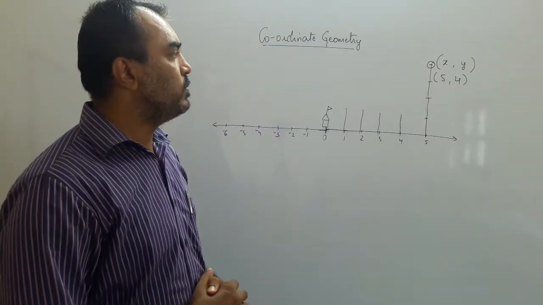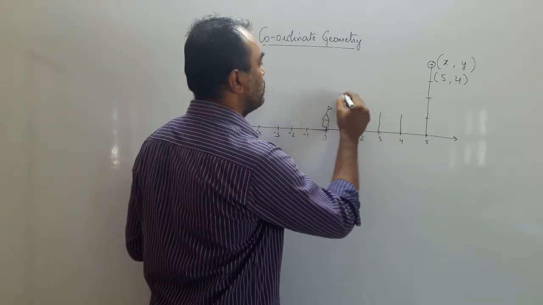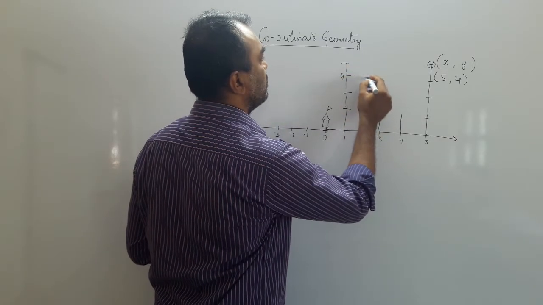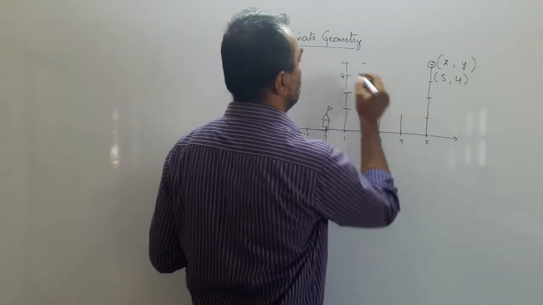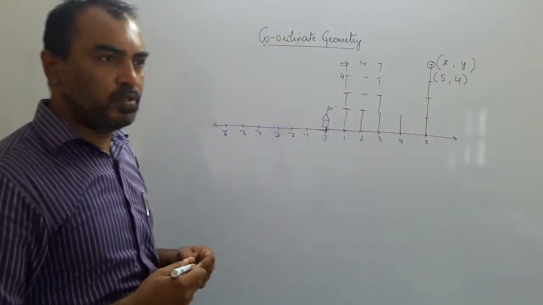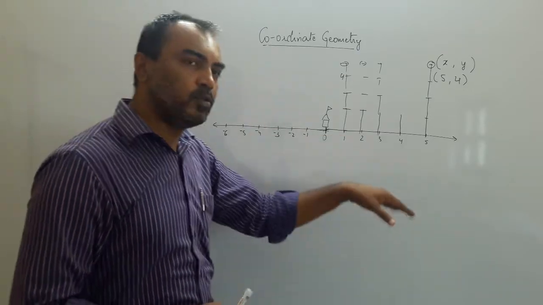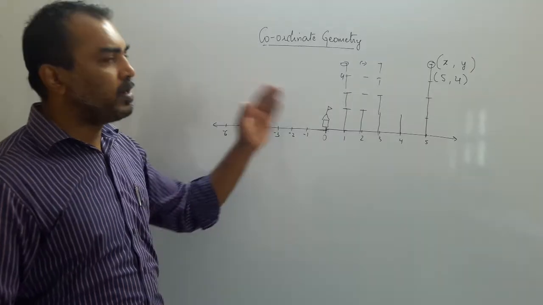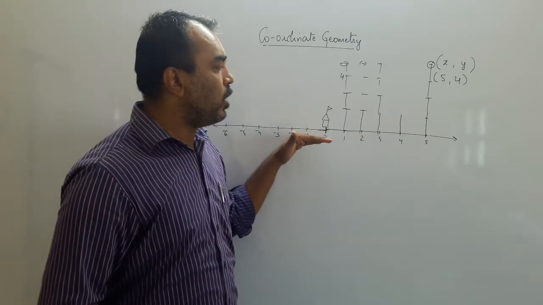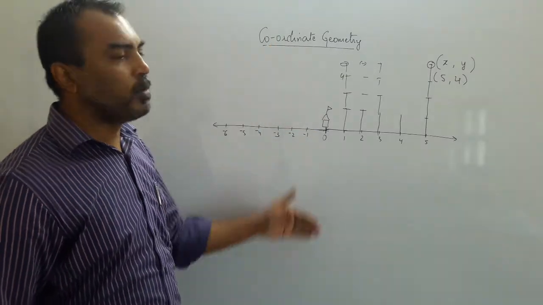Now suppose you have told him that my house is the 4th house in the society. Now he could enter the first lane, there is also a 4th house. He will enter the second lane, there is also a 4th house. He will enter the 3rd lane, a 4th house. So if you tell him the house without telling which society, or if you tell him the society without telling which house, he cannot locate your house. So to locate the house on a flat piece of land, you need 2 coordinates. One coordinate will tell you how much to the right or how much to the left, and another coordinate will tell you how much to the top or how much to the bottom.